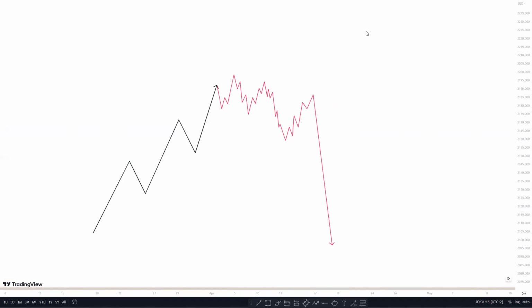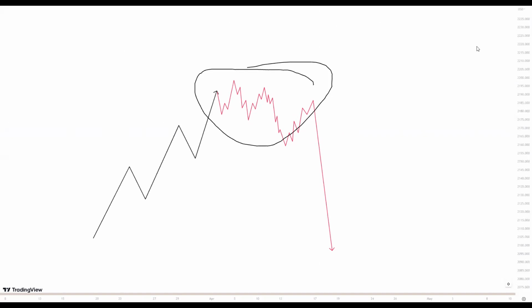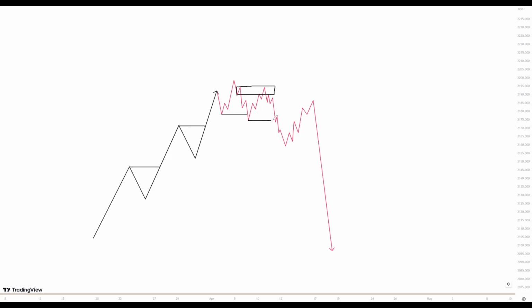you see the price. This was the whole change for the price, right? So we had this here, right? So all this is internal structure. So what a change of character, right? Then a pullback probably took an entry here with a break of structure, a pullback took another entry here, right? So you don't need to get an entry there. You don't need to. So probably say this was your